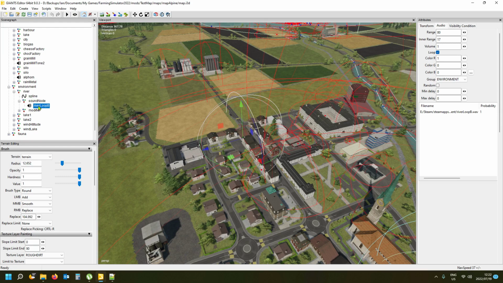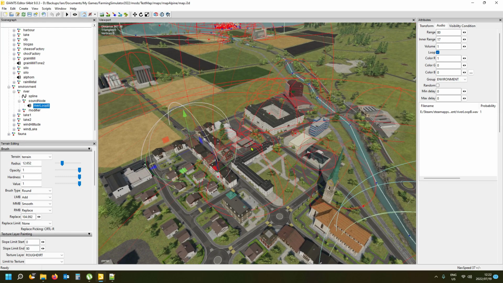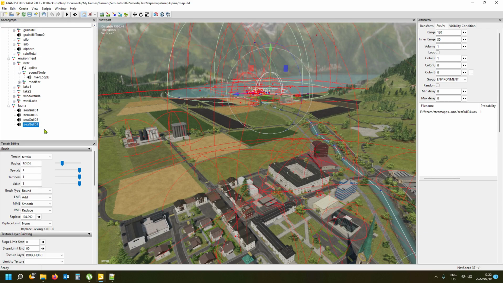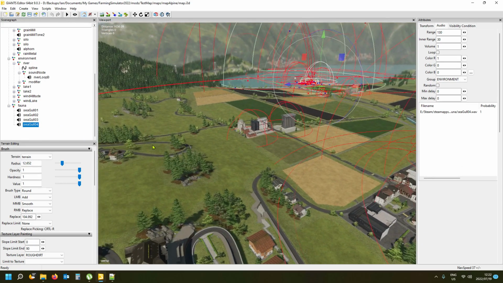Then you can actually take this river loop and move it about, rather put the river loop B into a spot where it's more relevant, like there's a river here, you know, that type of thing. And there's some lake sounds, and fauna, for instance, is birds. If you want to add birds or whatever to your map, you can have birds chirping and whatever just by